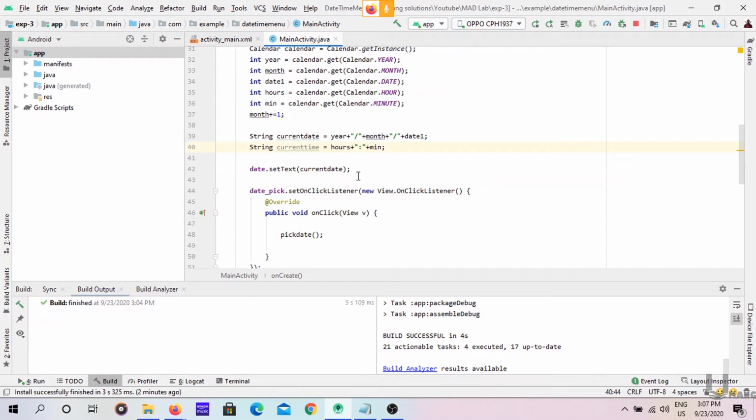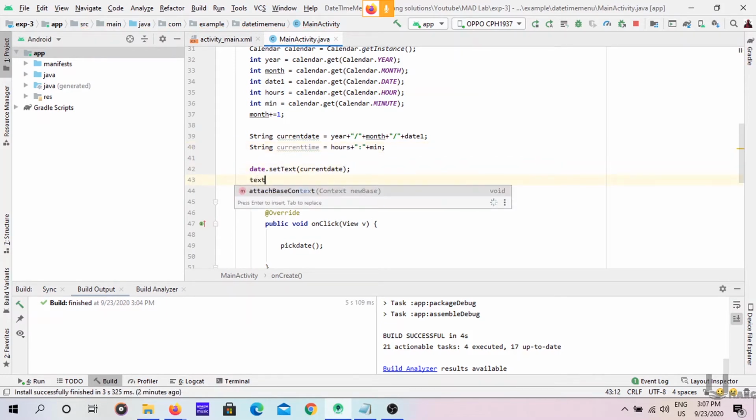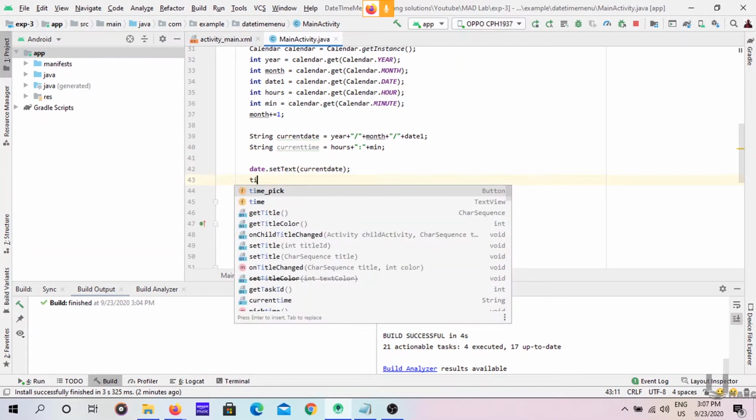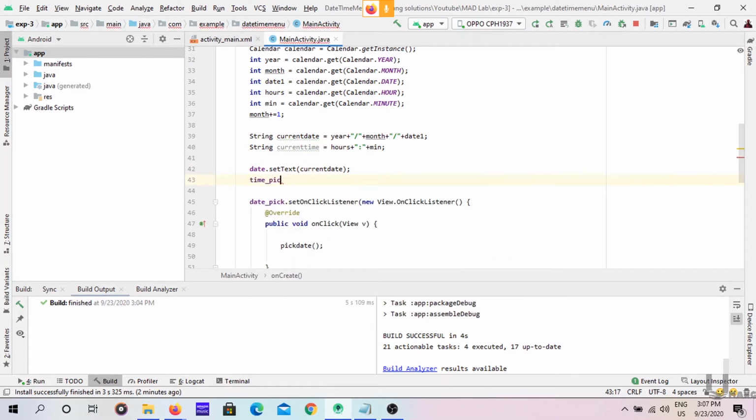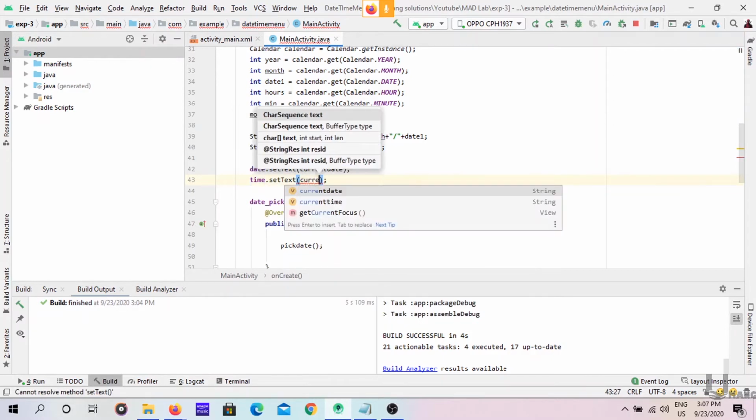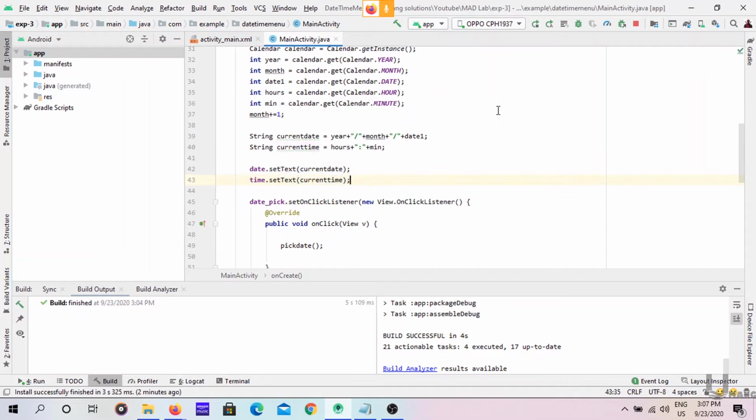So we can set this to the time text view, time dot set text current time. So that's it. I will run the app.